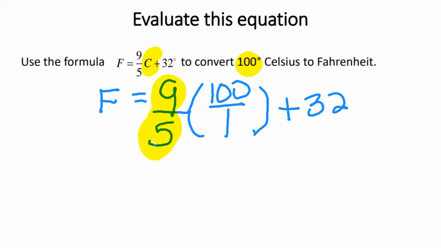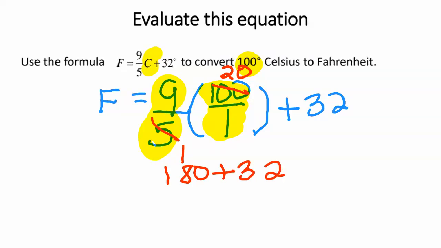This fraction has to multiply by a fraction. And hopefully you're going to recognize that I can cross cancel. If I divide 5 and 100 by 5, I get 20. So this will give me 9 times 20, or 180, plus 32, which is going to give me